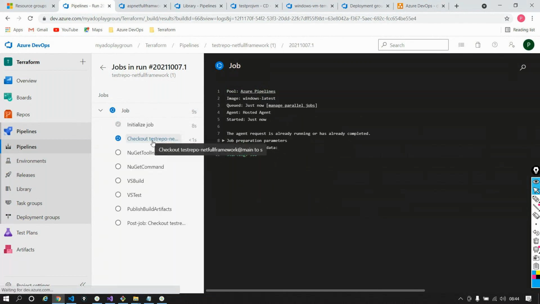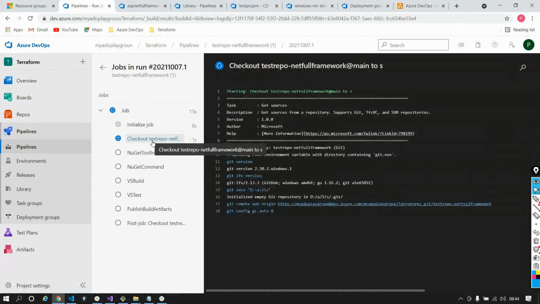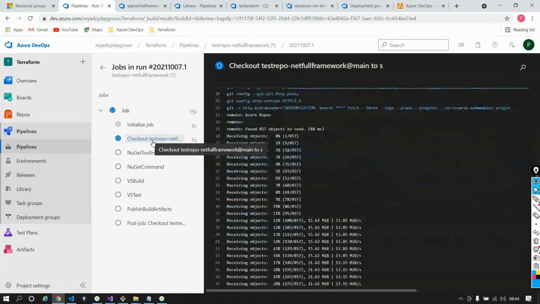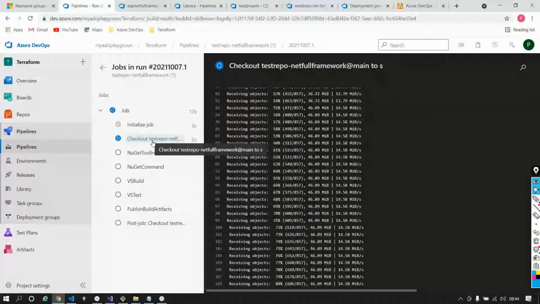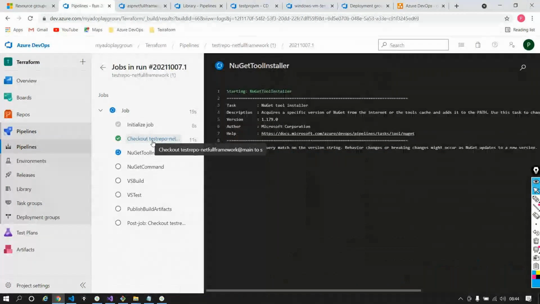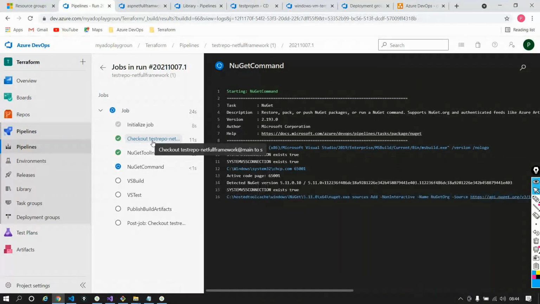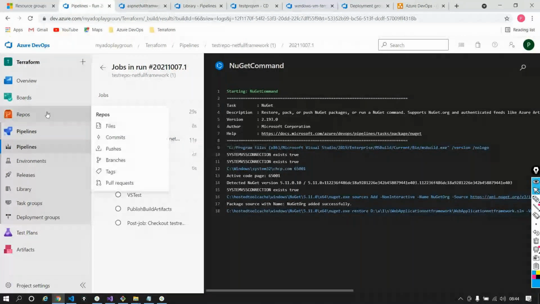This is the trend today. This is what is right now running in the industry today. Most of the projects are getting migrated from classic to YAML, because once you start working with it, it's very, very easy to work with. You can version control your entire pipeline. And as and when you save this, right? If you look at your main branch now,